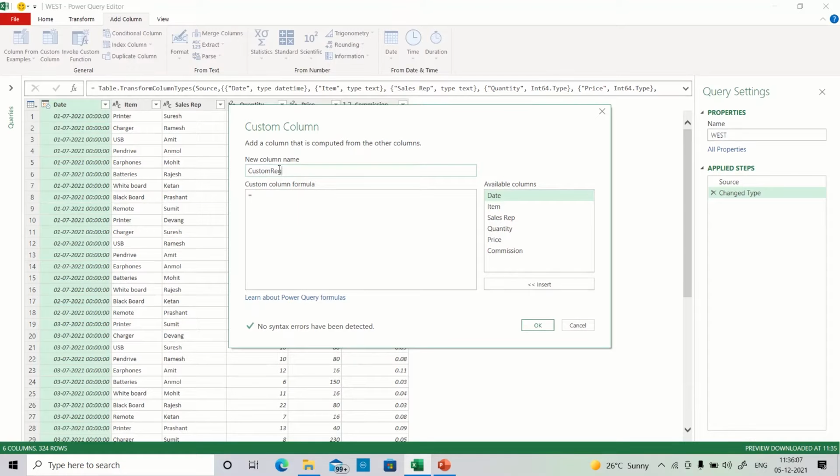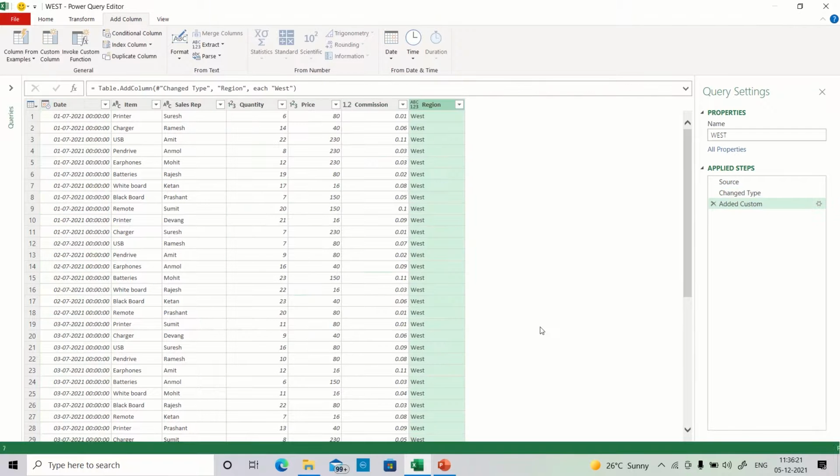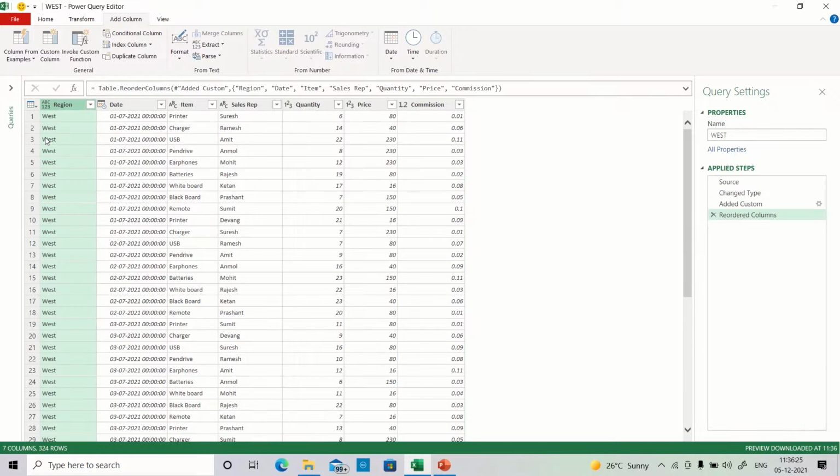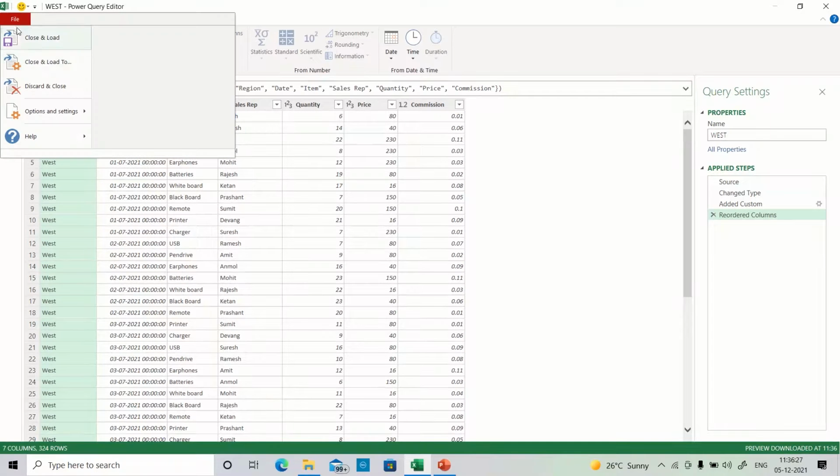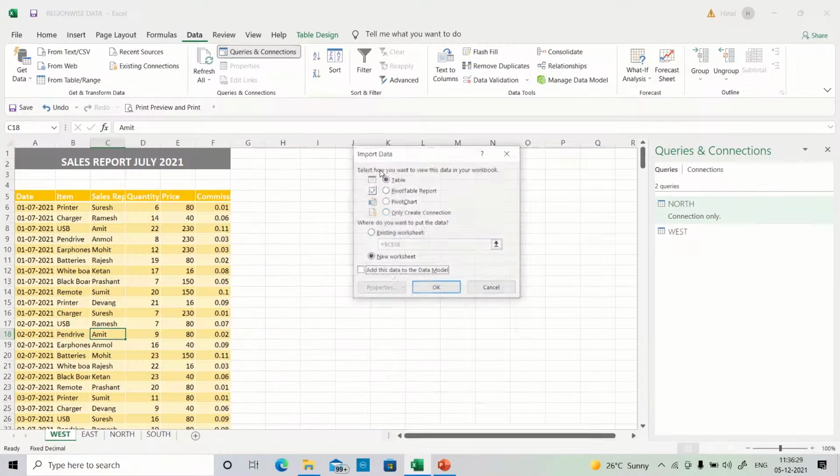Again, I'll be mentioning the column name, which is the same for all the tables, and here I'll be inserting West as the region's data. Okay, the column has been added and I'll shift this to the beginning. Again, you just have to save this as a connection. Click on Close and Load, Create Only Connection.